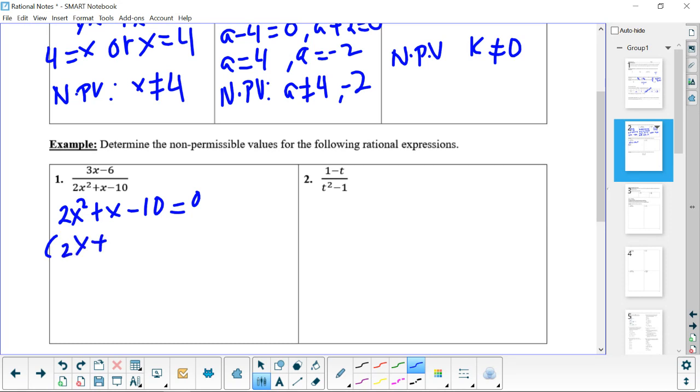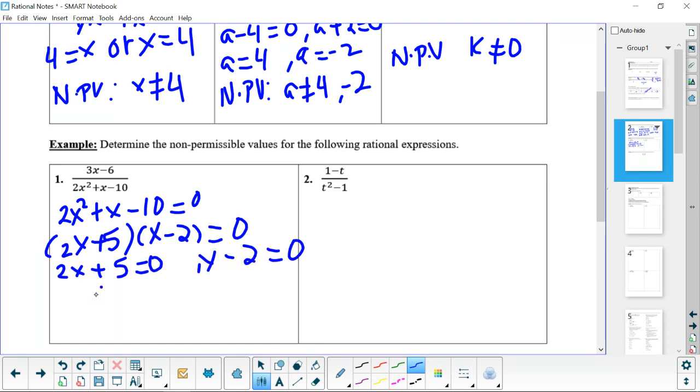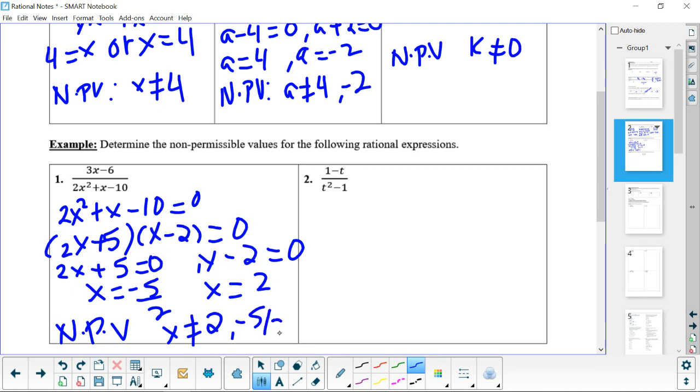So the factors of this quadratic expression are 2x plus 5 and x minus 2. So from here, we'll get 2x plus 5 equal to 0 or x minus 2 equal to 0. And we'll solve for x. So my non-permissible values for this expression are x cannot be equal to 2 and negative 5 by 2,